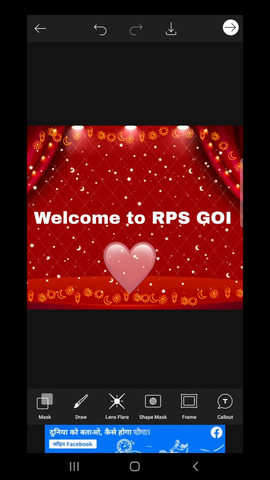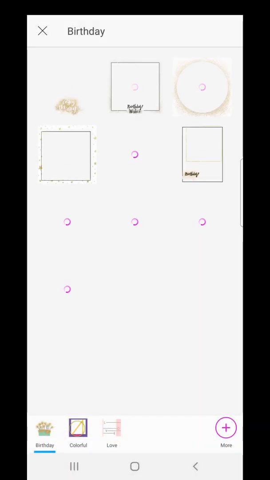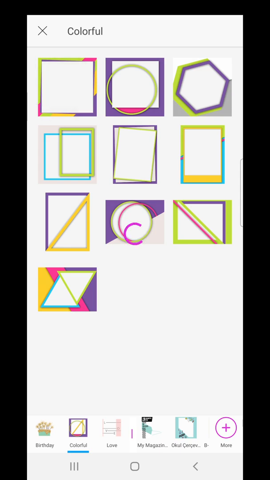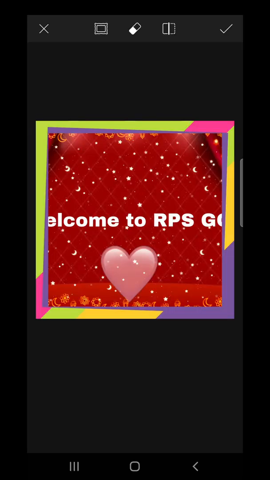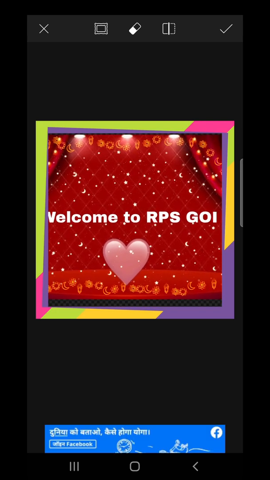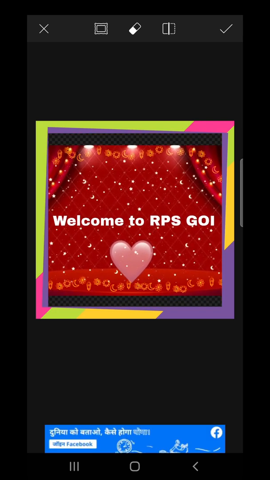Now some more options which you can use from here, let me quickly tell you. You can add a frame to it, according to what the occasion is, right? For example, I want to add this one. Okay, so it's your choice if you want to add something or not add something. This is totally your choice. For example, I want to add this one.